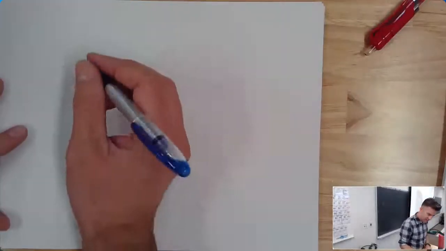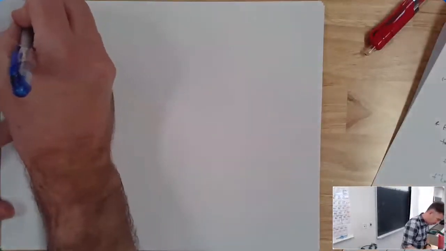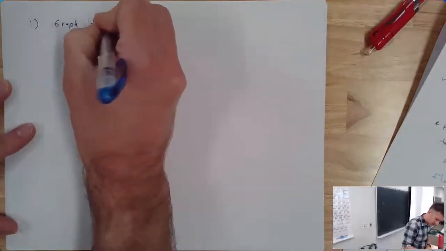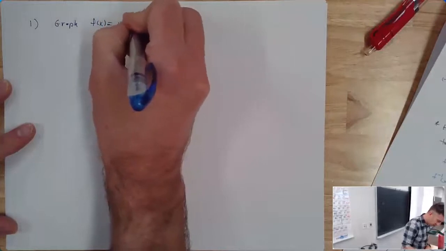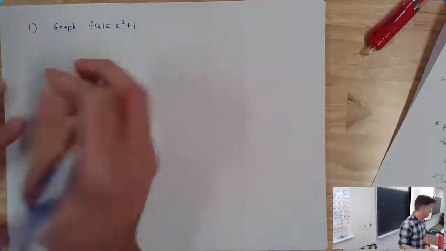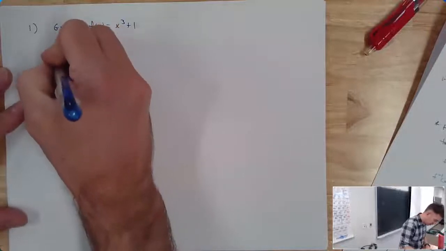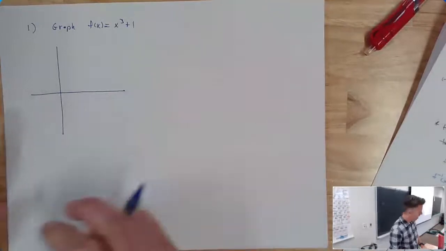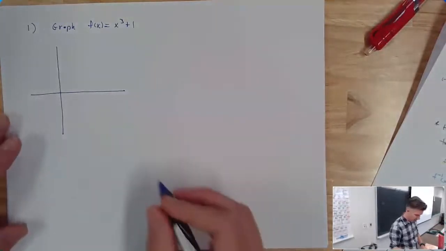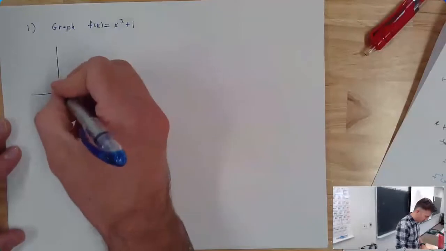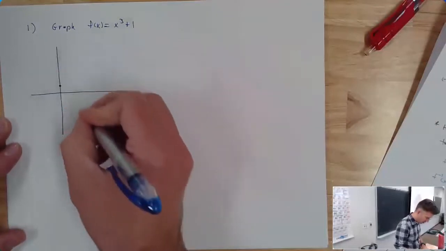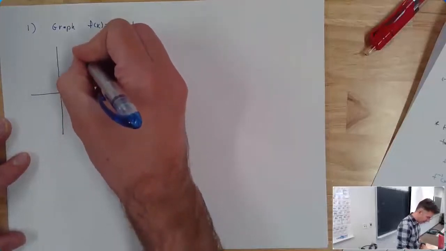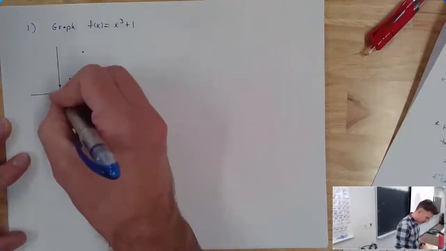So let's look at the following example. Let's graph f of x equal to x cubed plus 1. And we'll also graph the inverse function in a second, but let's start with that. So x cubed plus 1, not my best thing to graph ever. I'm going to graph it a little exaggerated so I can make it look not super terrible. So that's just my usual cubic function shifted up 1. So I've got the point 0, 1, the point 1, 2, the point 2, 8, which I'm not going to make super high up there. So it looks something like